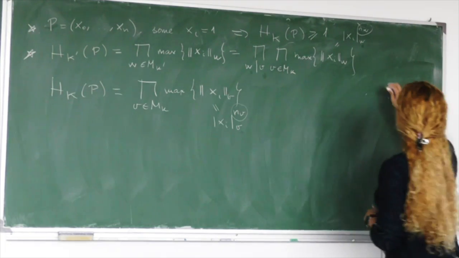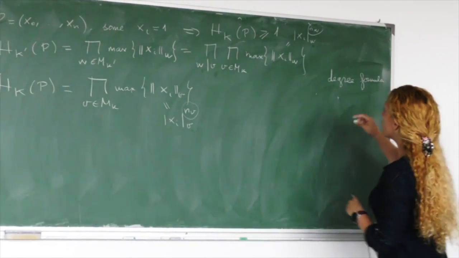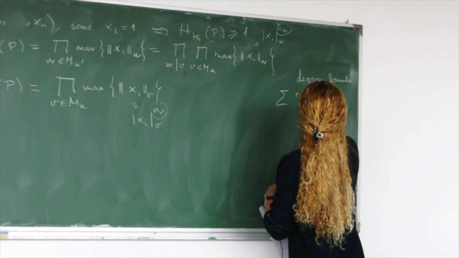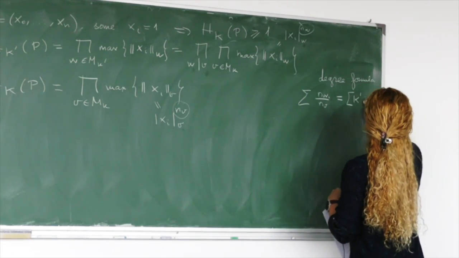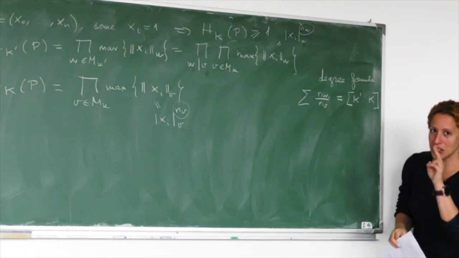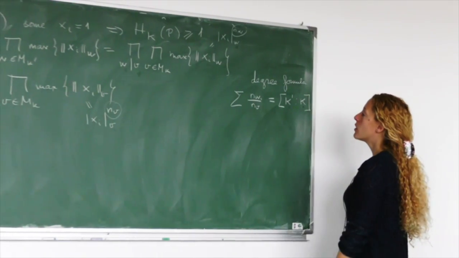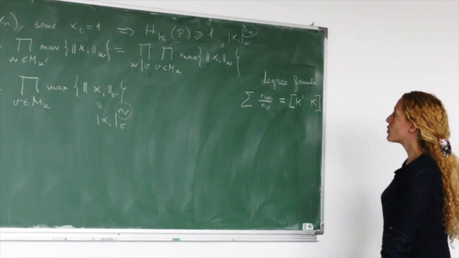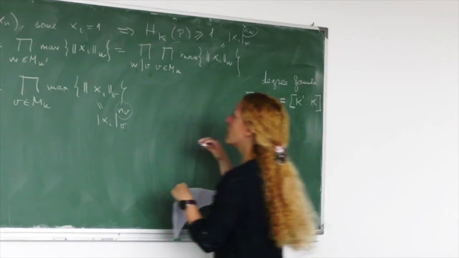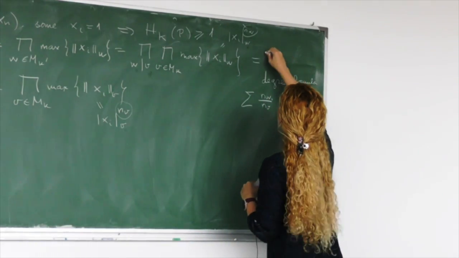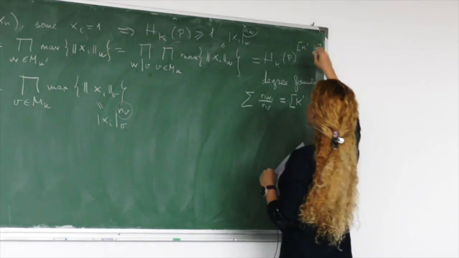So the only things that we have to relate now are those degrees and those degrees, right? But now we have the degree formula, that tells you that the sum of NWV over W dividing B is equal to the degree of K prime over K. So I use the degree formula twice, first to see it as K prime over Q, and then K over Q. We can deduce this from the degree formula, and by using that here we have those exponents, we get that this is equal to HK to the degree of K prime over K.